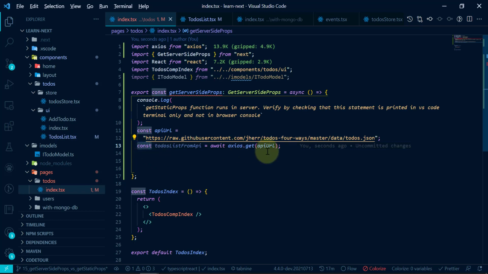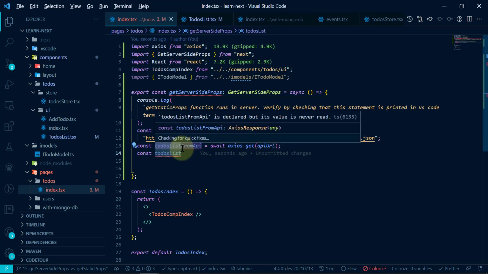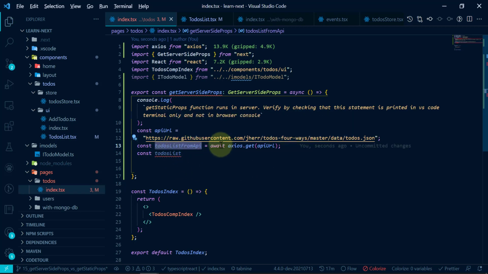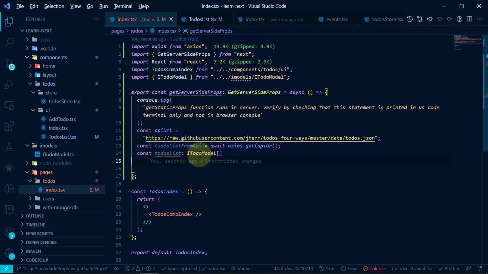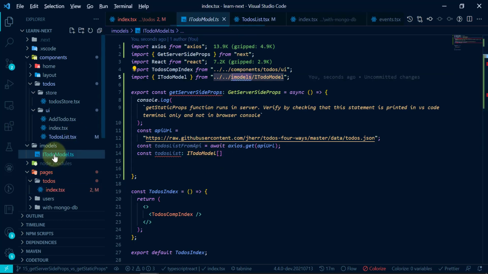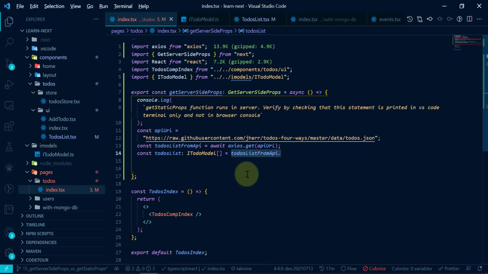Okay, and whatever data we have got from our API, we need to store it. So I have just done const todoList, and we have given it the type ITodoModel, which comes from our models here, equal to todoListFromAPI.data.